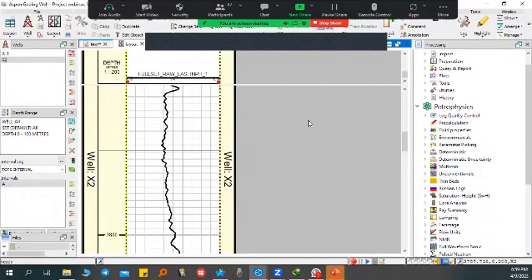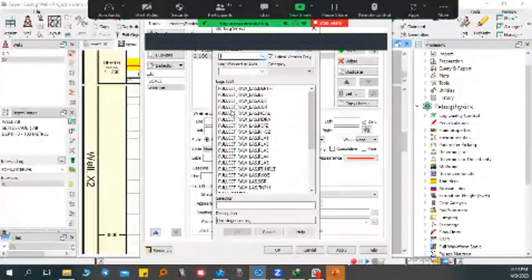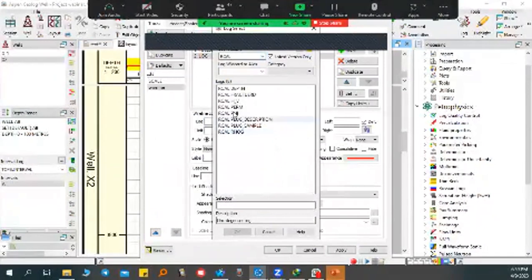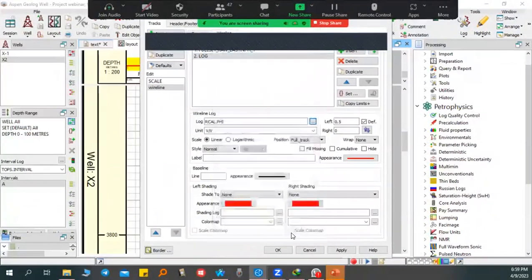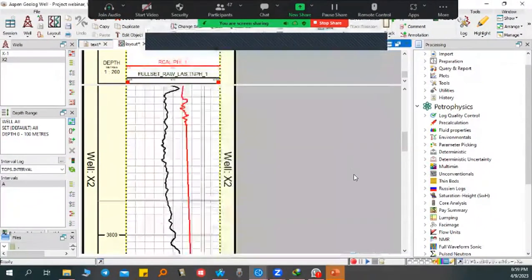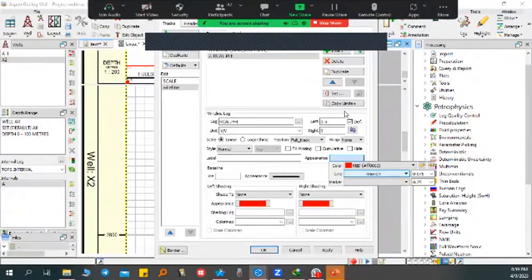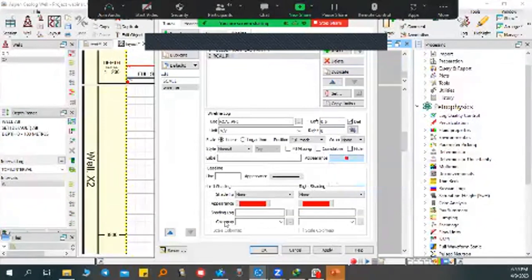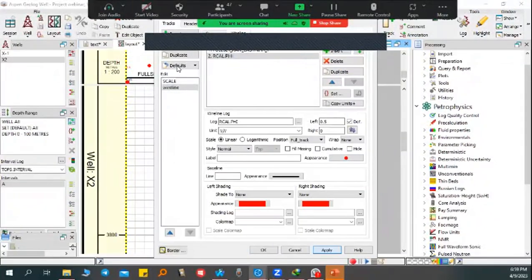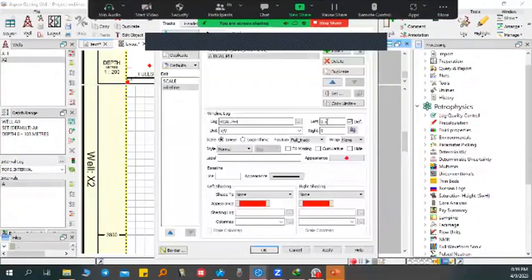By clicking in the track, I call the porosity of core and change the view and change the scale.